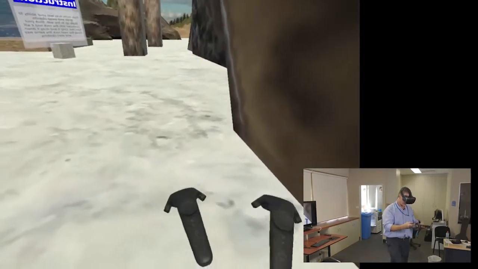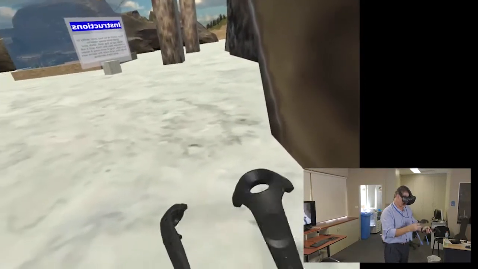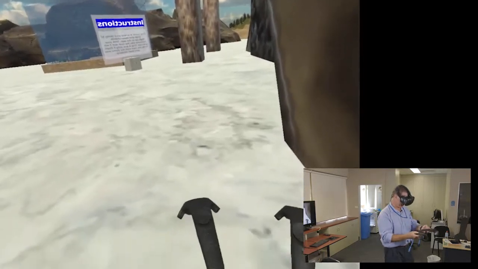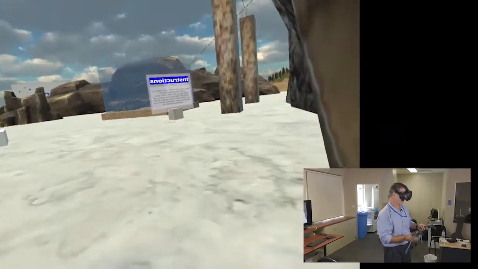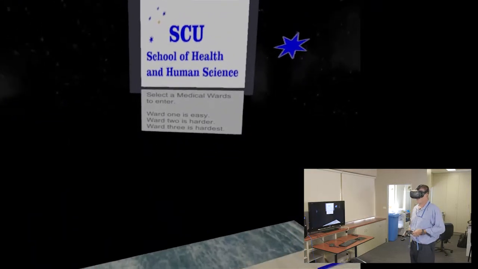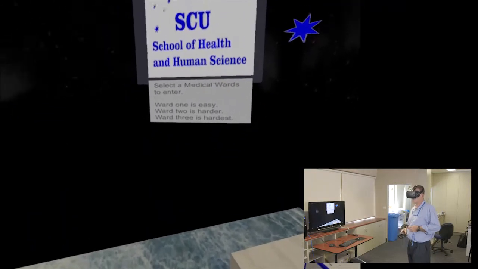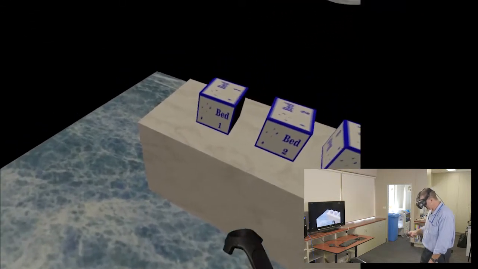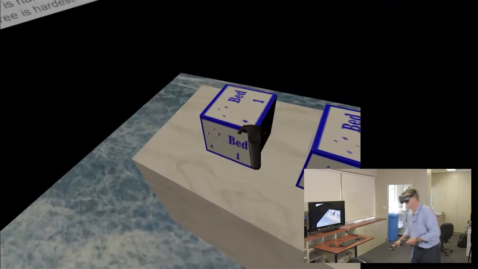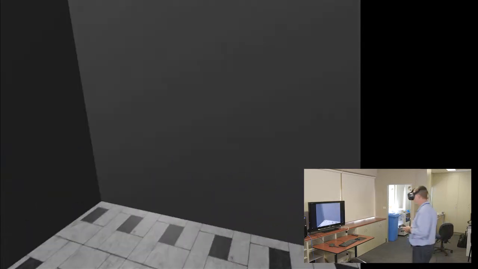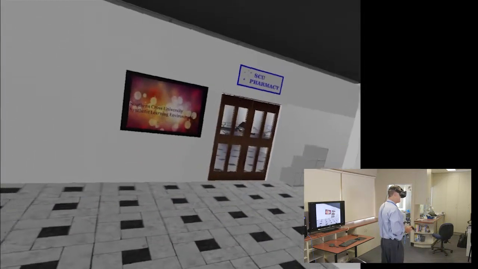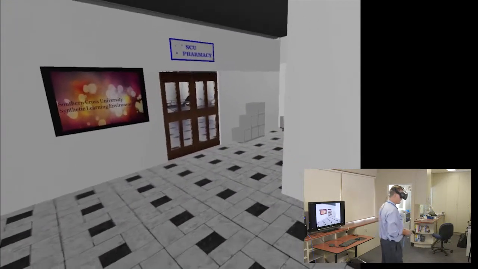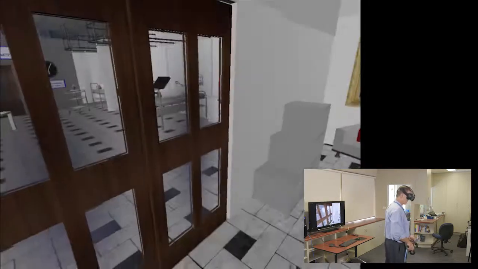So hopefully in those 4 rooms you're able to engage with the controllers and learn how to portal and also how to use the grips. In this particular environment, it is pitched towards the School of Health and Science. There are 3 different locations or 3 different rooms which are based around a hospital ward. So the video will play and give instructions to the students. They're to enter through these doors,